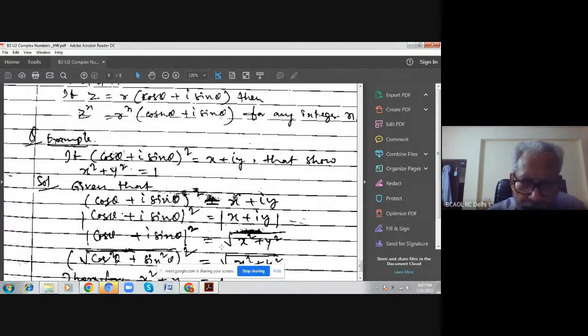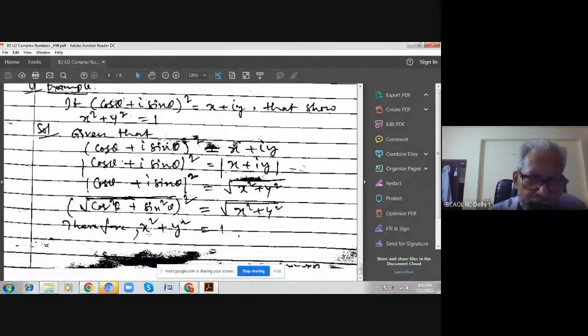If we square it, iota square is minus 1, so the sign will change, and only sin theta remains. So iota will vanish. That way we can remove the